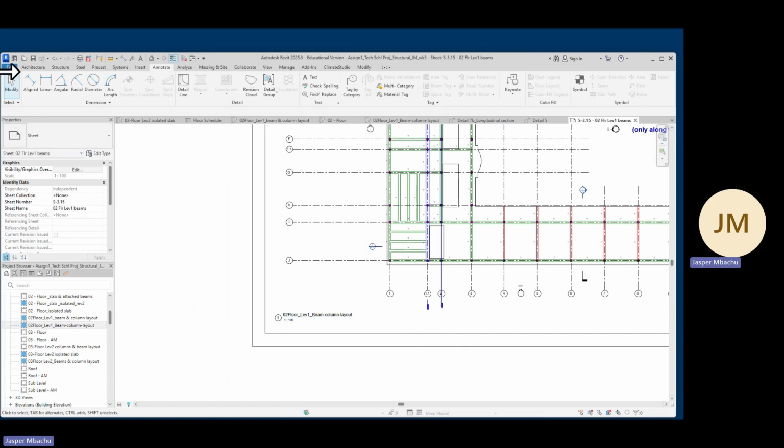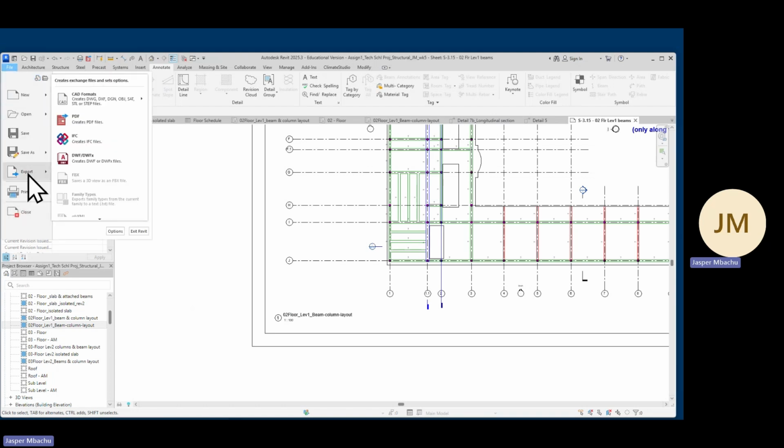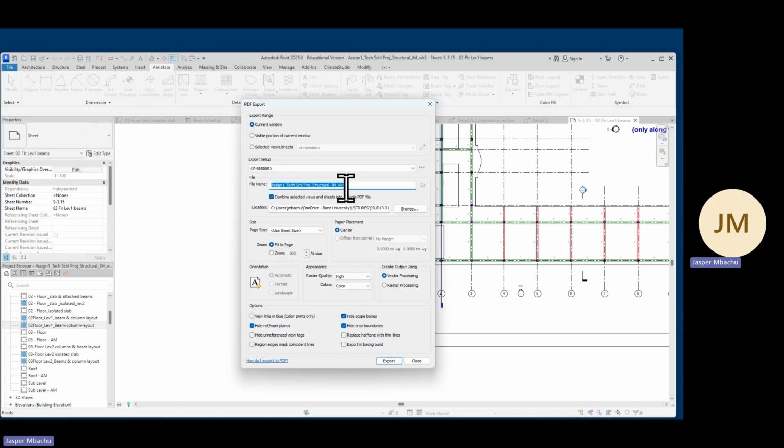Oh, my goodness. File. What is happening to me now? Export PDF. S-3.15 beams. Let me say 0 to